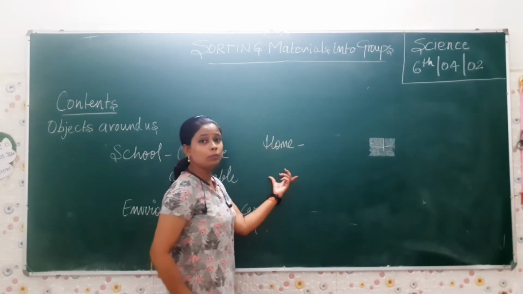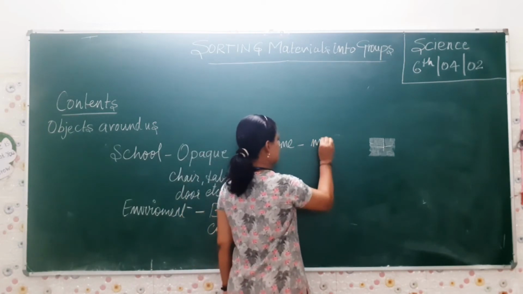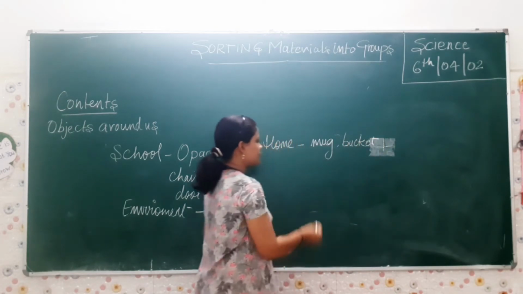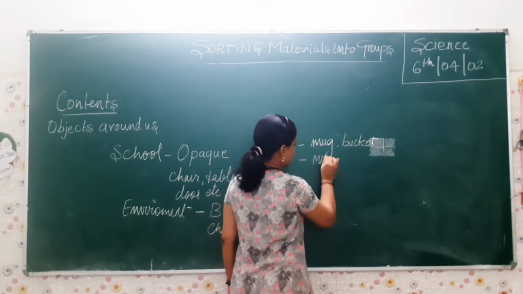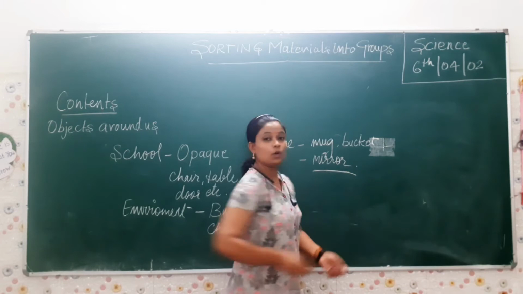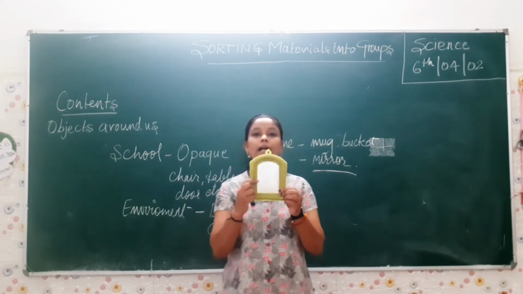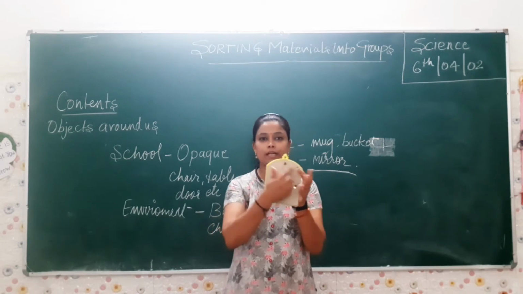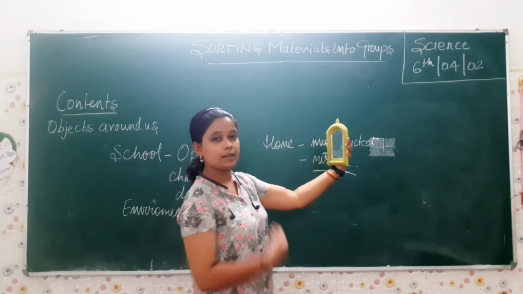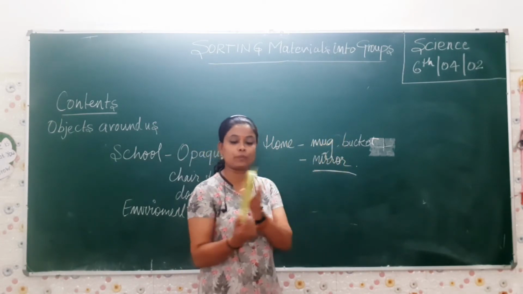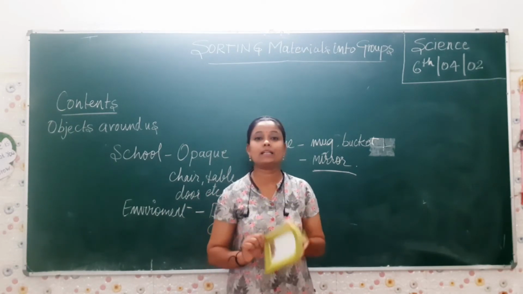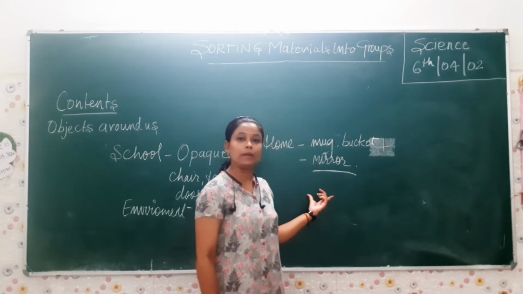Now if I talk about your home, in the home you see many things such as the mug we have discussed, then a bucket. Thereafter, there is a mirror. A mirror is also opaque from one side. You can see here, this is a kind of mirror. Now at the back of it, it is opaque. Then only can you see. If I would like to see my face, I can see. How come I can see? Because from the back side it is opaque and here you have a glass. So it is an example of an opaque thing.